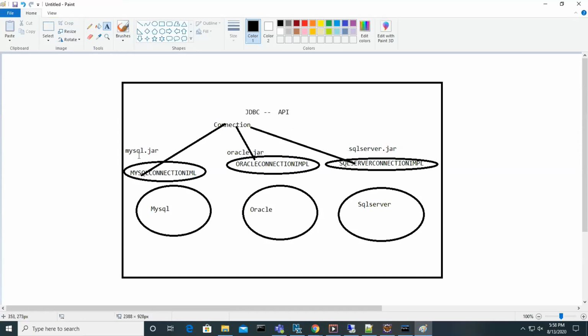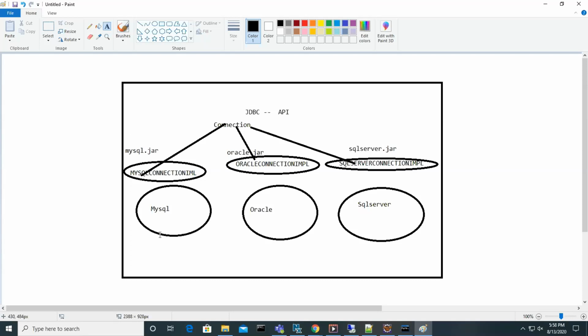So now look at this, mysql.jar, oracle.jar, sqlserver.jar. We can assume, or else you can call it MySQL connector, Oracle connector, SQL Server connector. Whatever it is, everybody is implementing their own implementation.